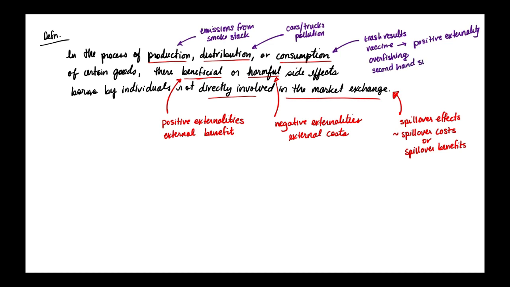But you guys gave some great examples. So secondhand smoke: I smoke a cigarette, and you guys have to deal with secondhand smoke. So I've imposed a negative externality on you. Now, the last thing that we have to get our brain around is this part about not directly involved in the market exchange. We call them externalities